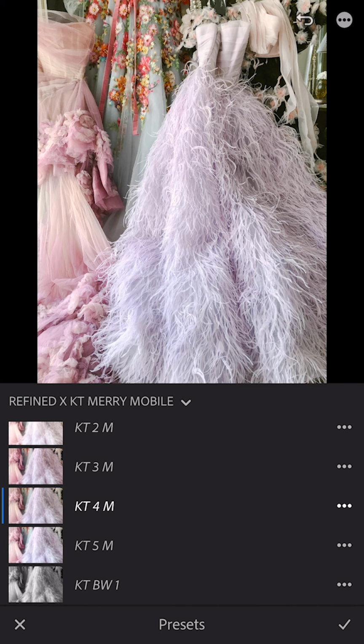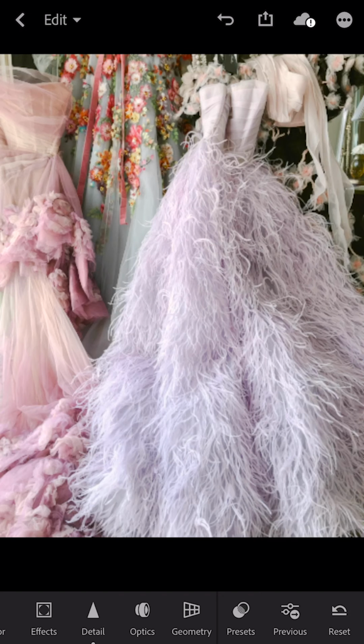I'm going to go with KT4, and I'm going to click the little check button at the bottom. And that's applied the preset. And there's unedited and edited. And honestly, I really wouldn't have to touch anything. This was a well white balanced and exposed image, so we really don't need to do anything,